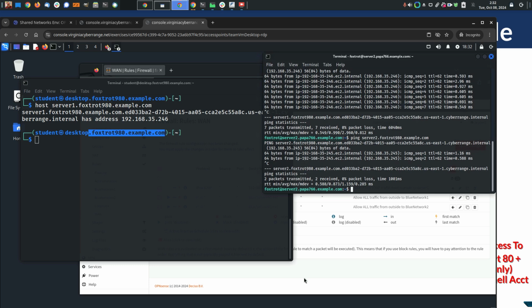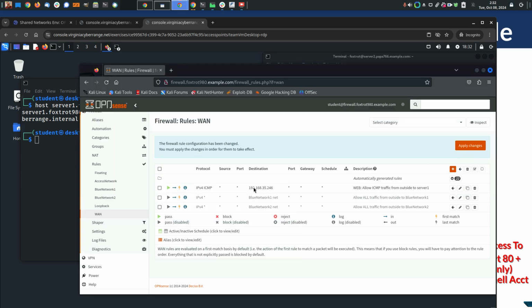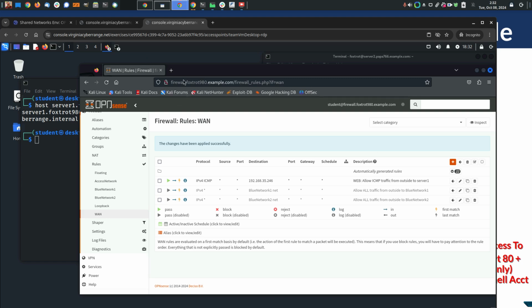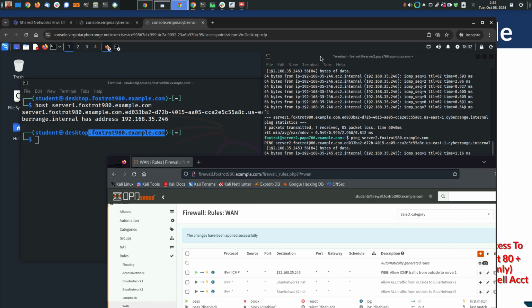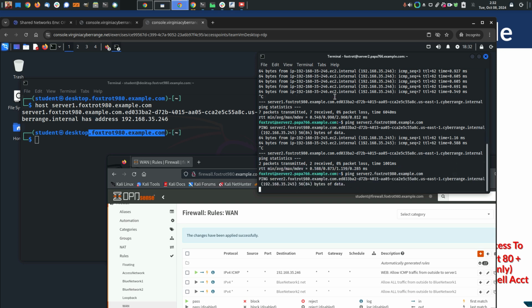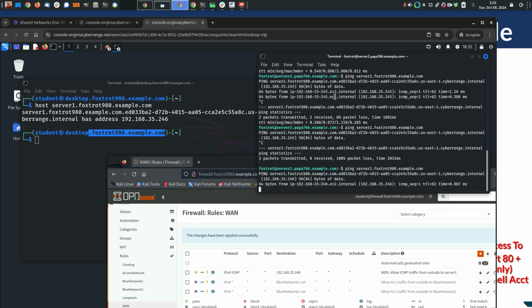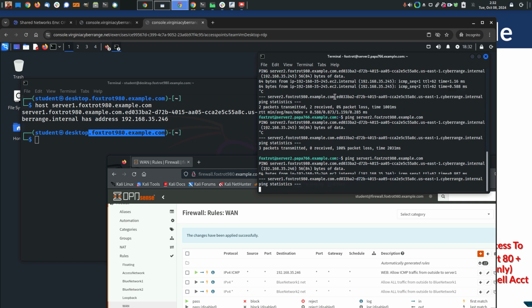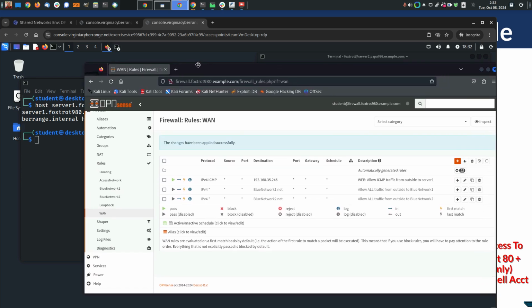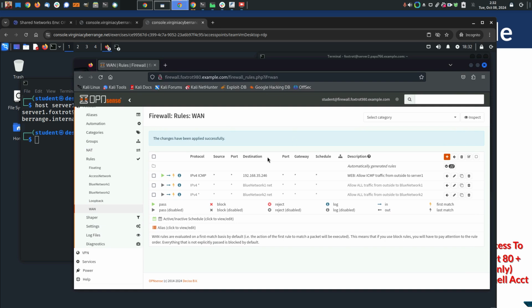But as soon as I apply this rule, locking it down just to my web host. Apply. Now I go back over here to, where'd that go? Now I try to ping server 2. I get nothing. But server 1, yay, still working. Okay, so that rule is good. Every time you want to make a rule, you want to test it immediately, so you know it's good and